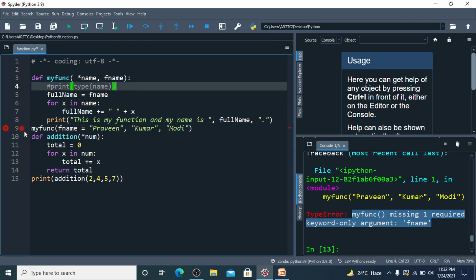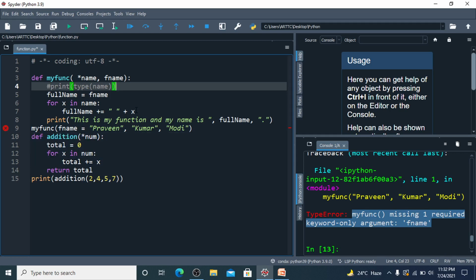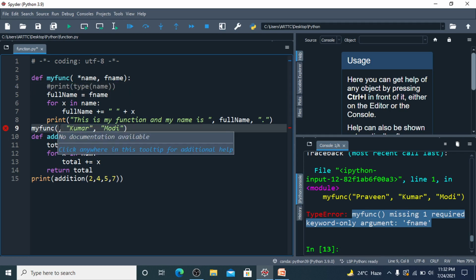Positional argument follows keyword argument, no problem. Let us check it here. So star name, fname. We'll use it not here, we'll use here after this.